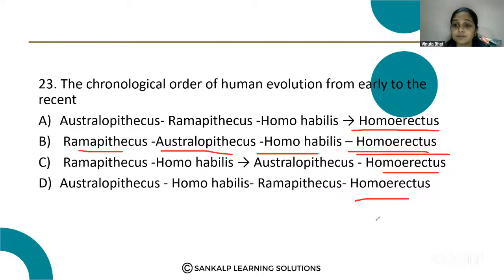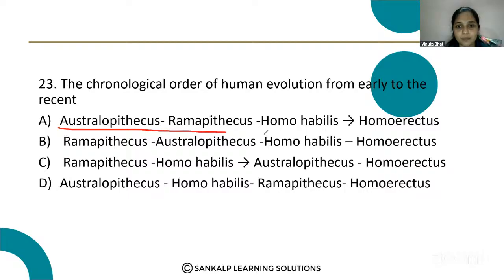So there is no option like Homo sapiens, right? I hope you are searching for Homo sapiens. Homo sapiens is at the last, so you could choose that option, but there is no option related to Homo sapiens. So you have to choose from the given options only. Okay, then